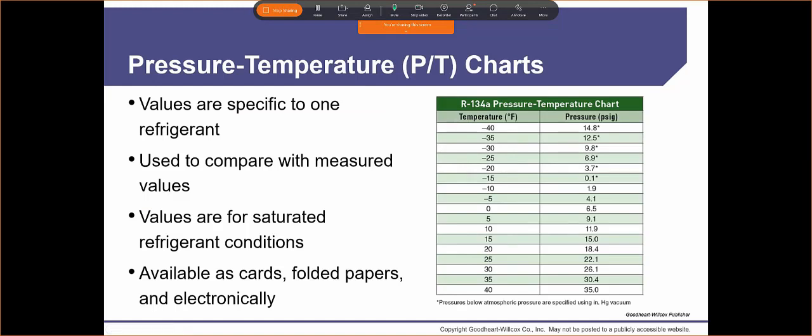So PT charts, cool. They've got one here for you. So this is for R134A. The really cool thing I like about refrigerants is that at atmospheric pressure, so we're talking about almost zero, our refrigerant boils at -15. So as soon as you open up the lines and you release this refrigerant to the atmosphere, it's vaporizing. It's gone. But it's going to stay in a liquid state until it absorbs enough heat to turn into a vapor. So that being said, we're always going to wear eye protection